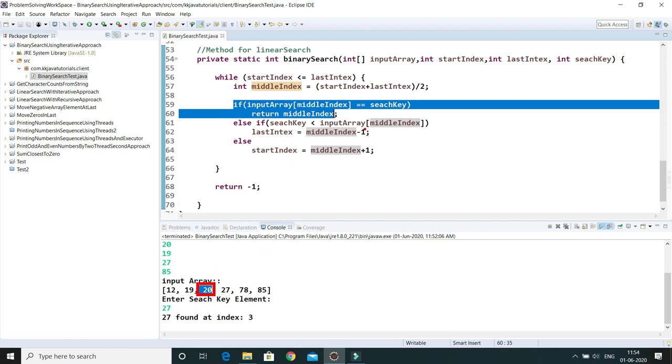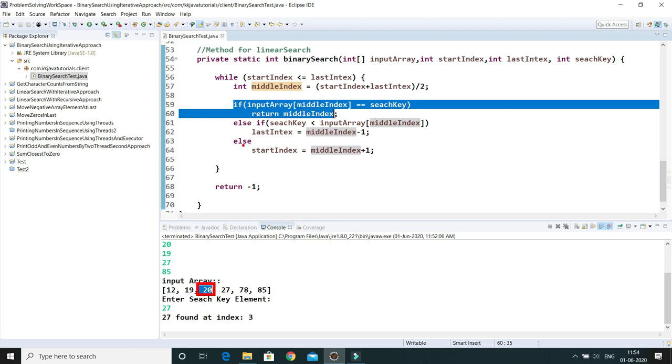So now the algorithm will check if the search key is less than the input array's middle element. Our middle element is 20, and the search element is 27. 27 less than 20 is wrong, right?